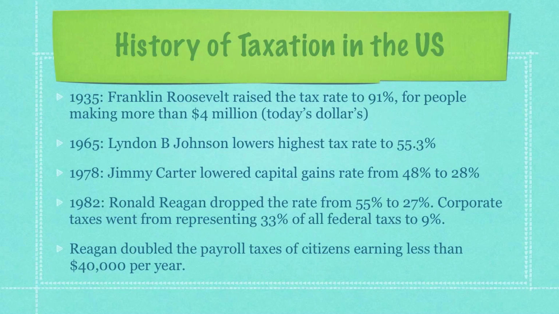etc. than anyone else. In 1965, President Johnson lowered the highest tax rate down to 55.3%. In 1978, Jimmy Carter lowered capital gains rate from 48 to 28%. Then in 1982, Ronald Reagan dropped the rate from 55 to 27, and corporate taxes went from representing 33% of all federal taxes to 9%. Reagan then doubled the payroll taxes of citizens earning less than $40,000 per year, which dramatically hurts small and medium-sized